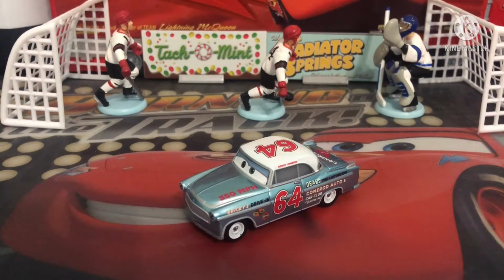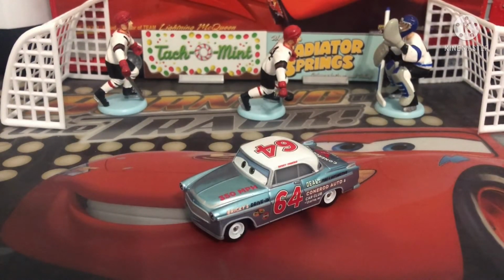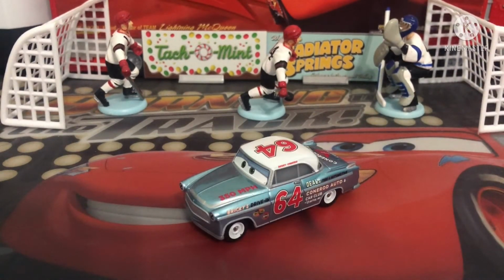So, talking about his releases, he's only been released once in this year's mainline and 2021 Singles Case K, which also happens to include new releases of Racing Brake Cruz Ramirez and Rich Hurry, who I do not have, unfortunately. It's kind of funny, like, the ones they only put one of, such as Dewey and Cruz here, I have, but the ones they put multiples of, such as Rich, I don't have. So, yeah, he only got one release in that case, and he hasn't been reissued in any other cases, like